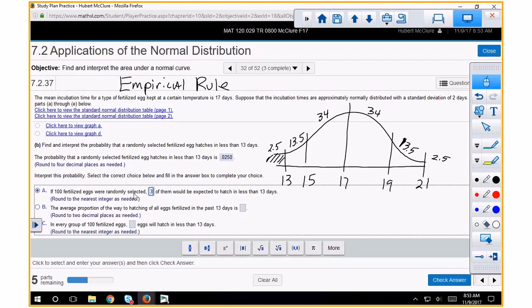Now, why did I pick A? Well, mainly I have no idea. I don't have any idea what B is even asking. The average proportion of the way to hatching all eggs fertilized. I don't even know what that's asking. All right. I know that these are asking, according to this graph,